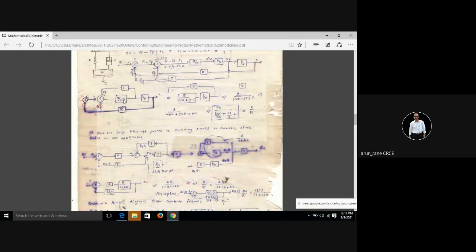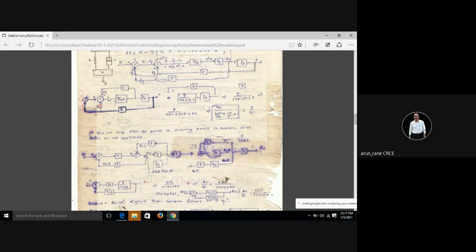So now which rule will apply here? So this is negative. Now what will we do? We will combine these two. They are in parallel, and it's negative. So remember the rules of negative feedback. What do you get as the transfer function? A upon 1 plus AB, isn't it? Yes, sir. The transfer function is A upon 1 plus AB.